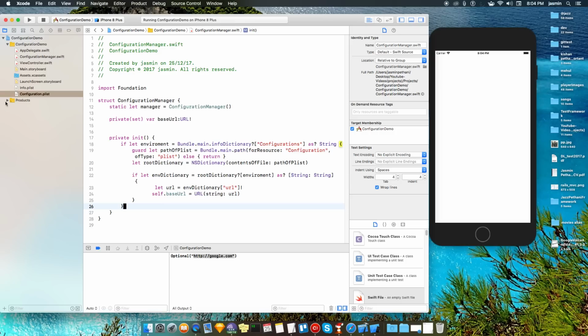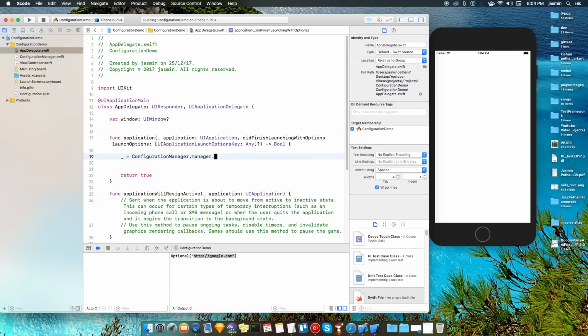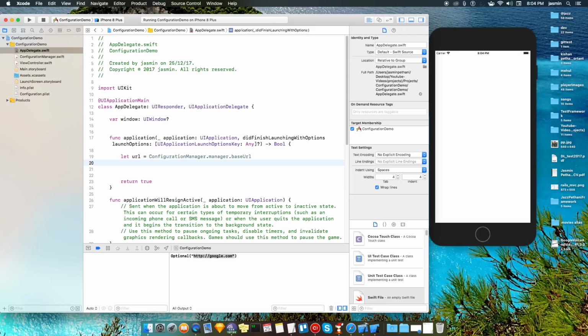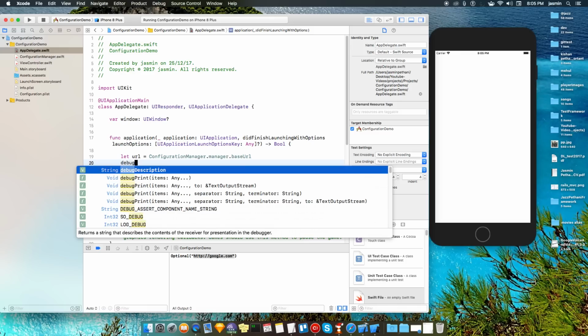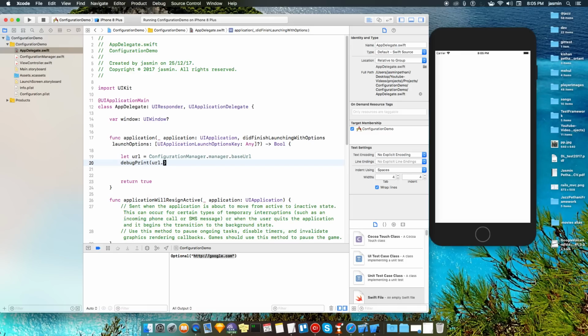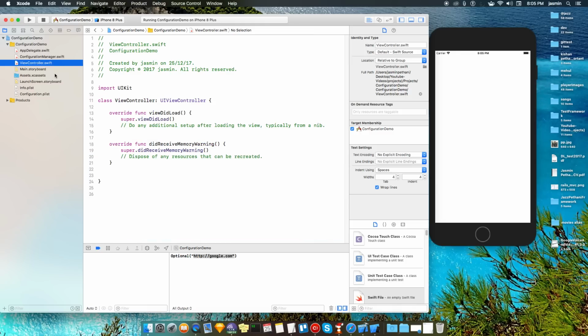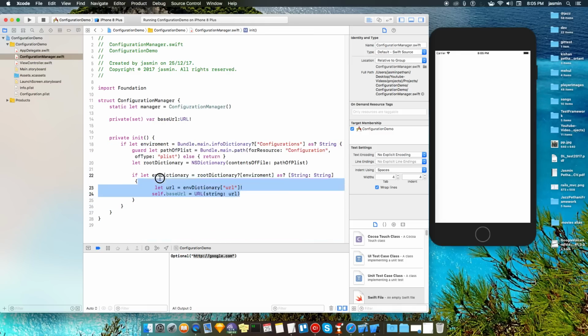So here our base URL has been set, so we can use it from here. Let url equal base URL, and let's debug print url.absoluteString. So we can know that the base URL can be set.